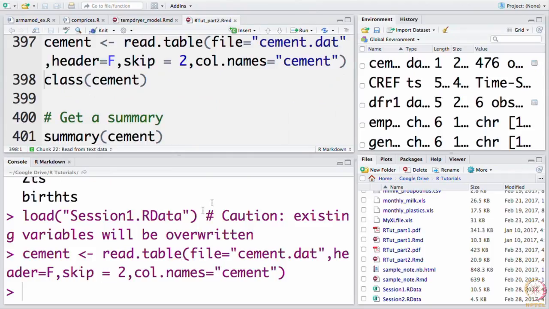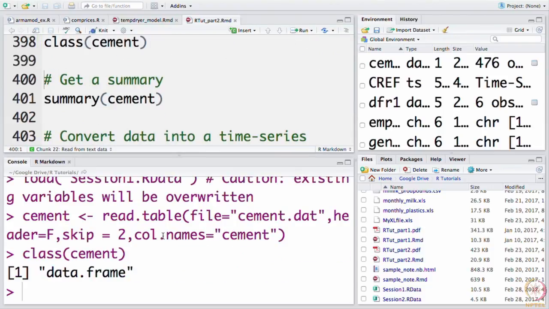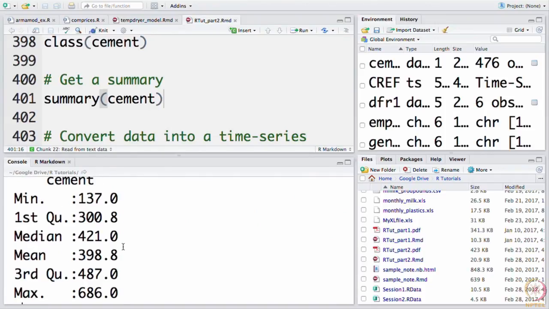and great. So, it has created the data frame object, and we can ask for the type of the object that has been created, and it confirms that it is a data frame. Now, I can do all the things that I have learnt with the data frame. For example, I can ask for a summary, which reports the basic statistics: minimum, max, median, mean, and first quartile and third quartile.